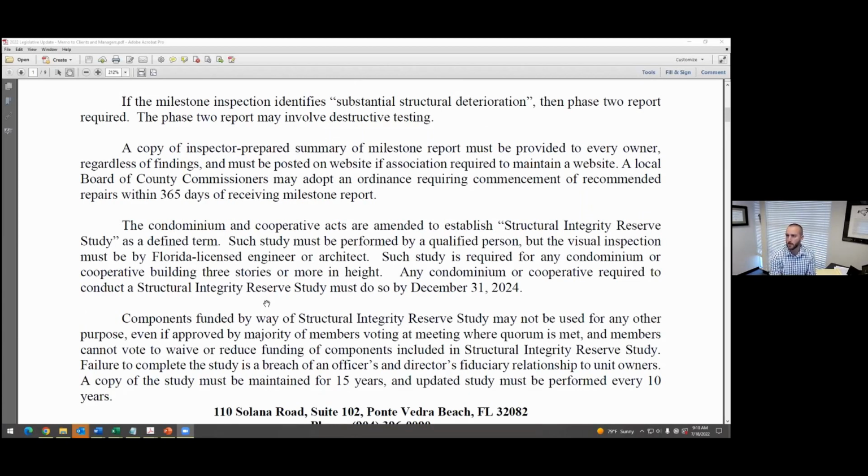in response to the requirements for what the statute provides in terms of having the structural integrity reserve study done, having the milestone inspections performed. I think what I heard was that there were 650 licensed engineers in the state of Florida. I might be wrong, and that might be completely wrong information that was provided, but it sounds right. And I think that if that is correct, we're going to need more engineers, licensed engineers that are qualified for